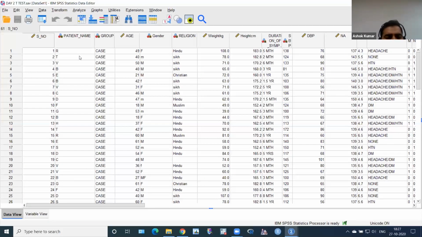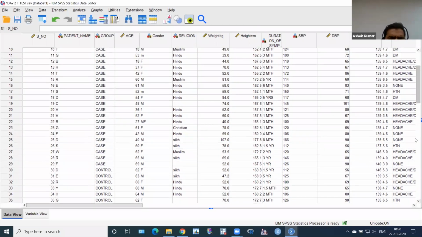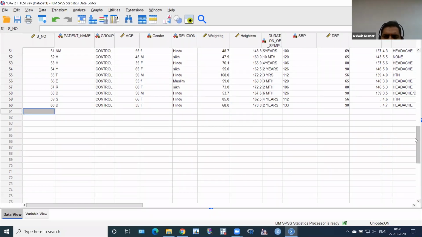So now I want to give code and decode for gender, and you can see here, group. I want to perform t-tests. I want to perform paired t-test, independent t-test, and ANOVA test. I also want to perform the Mann-Whitney test, the Kruskal-Wallis test, and the Wilcoxon signed-rank test. My guide wants to see that this is a case and control, and wants the difference of age, because I have taken age as a normal distribution. So normal distribution goes for the t-test.